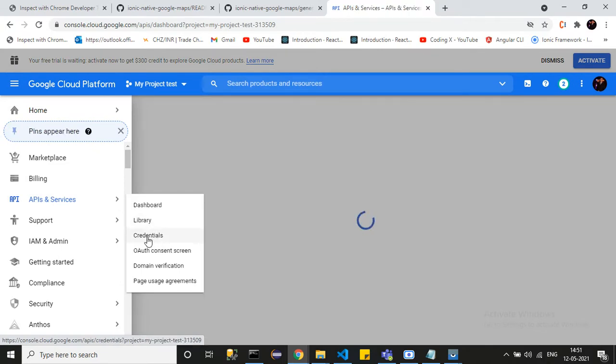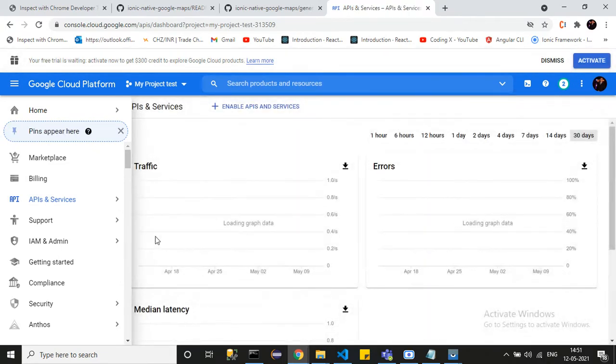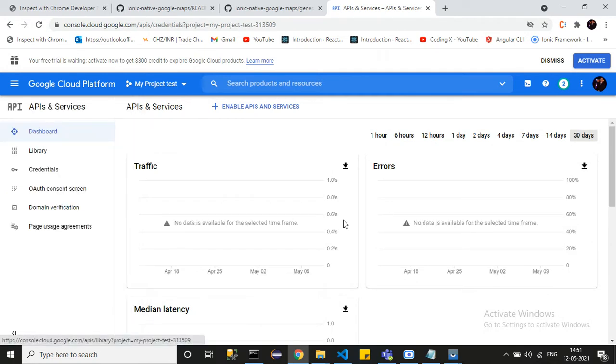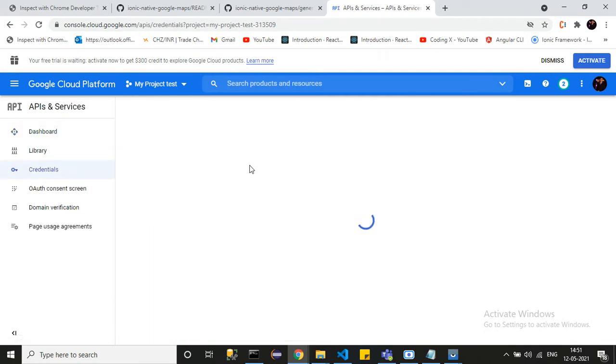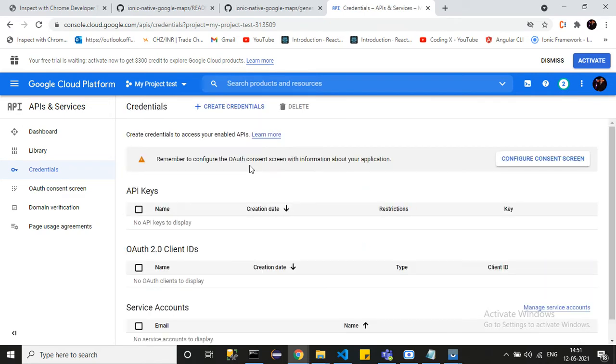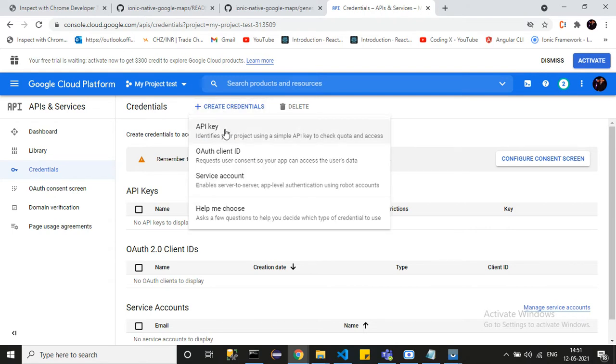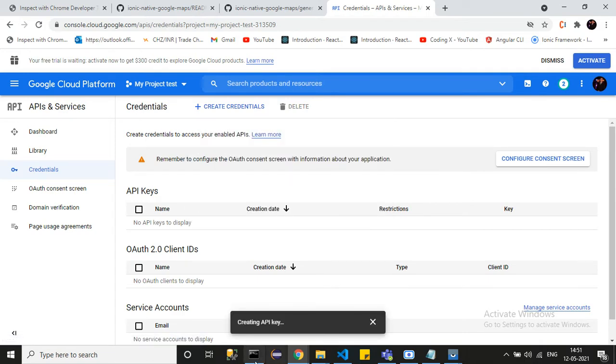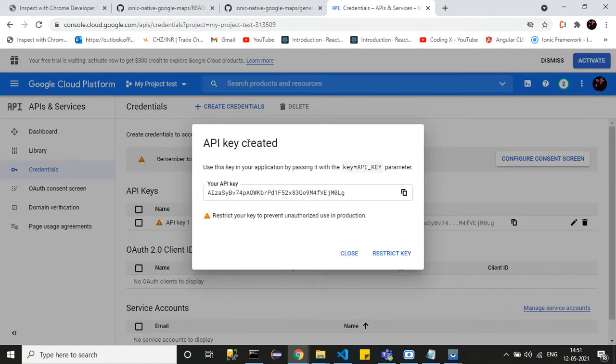You have to click here on credentials. After clicking on that, you have to create the credential API key, or you can select this button. It is creating my API key. Okay, so the API key has been created.